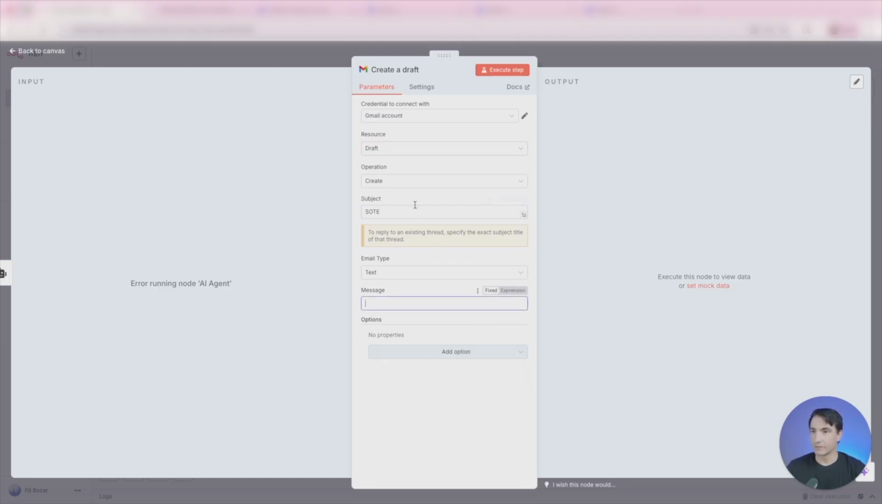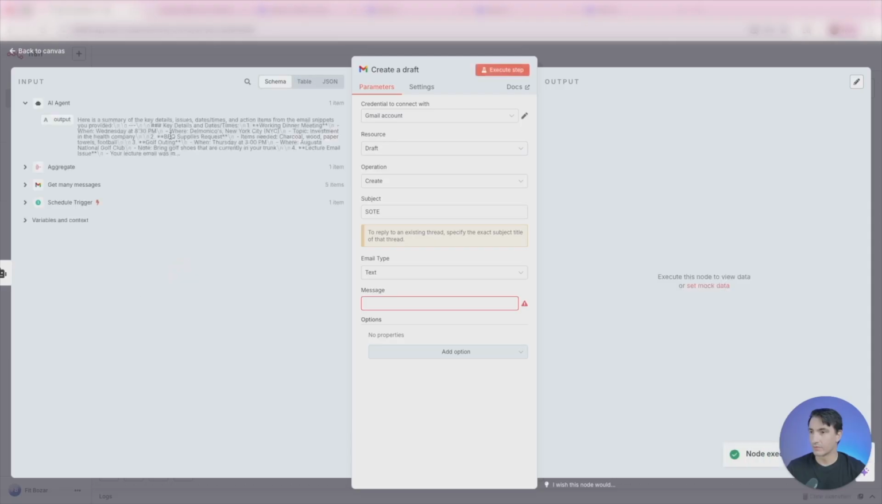And for message, the type of message that we want to add in the draft is, so if we execute all these, or sorry, execute the previous node, we can go ahead and pull in the output. And now the draft will contain the AI agent's output. So I'll be able to check that at 6 a.m. So if we execute this step,